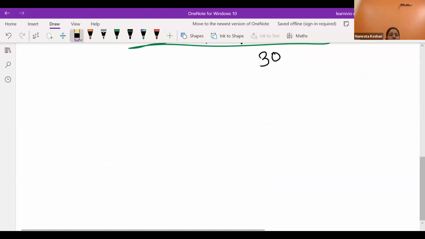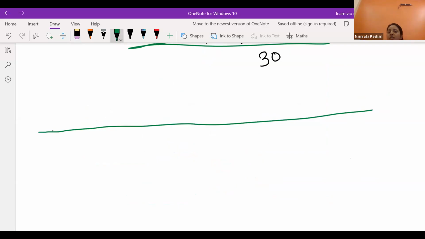Now coordinate geometry we can start. Coordinate geometry means number line is not new to you. Suppose I am drawing a number line, a green color number line. Why I am saying green color number line? I am coming to that part. A green color number line, that means we will only be representing the integers over here. That means plus 1, plus 2, plus 3, plus 4, minus 1,